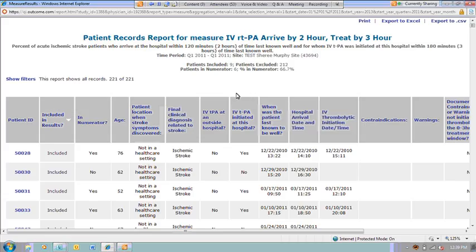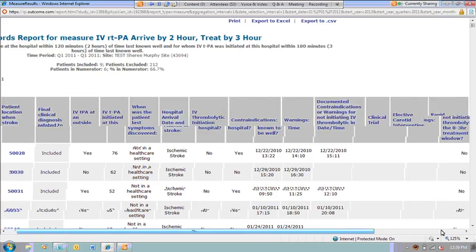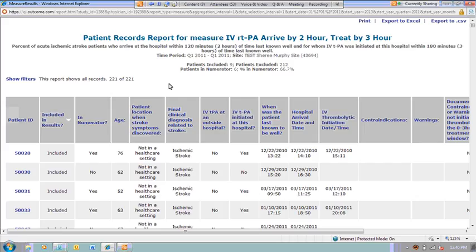These subsequent column headings correspond to the data elements that go into calculating the measure or that are in the measure algorithm. And then you'll see for each patient the response option that has been selected for each of those data elements. So what we want to look at here is we want to look at the patients who are identified as missing being counted in our numerator, or those patients who were not treated appropriately.